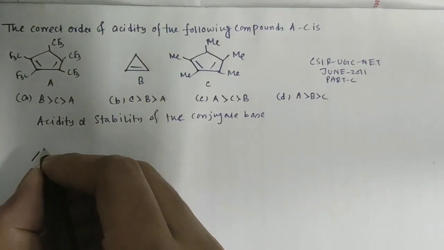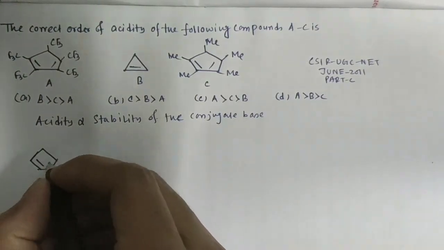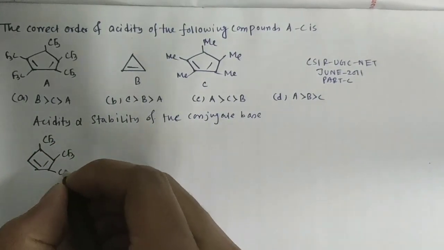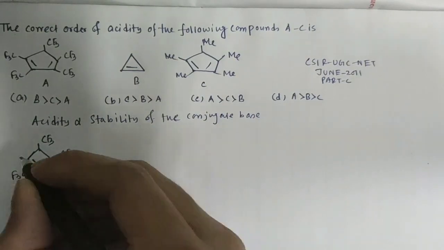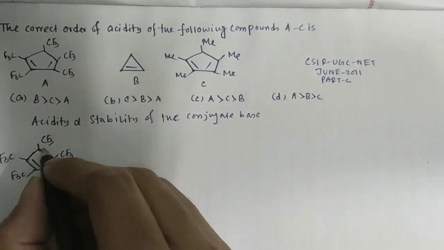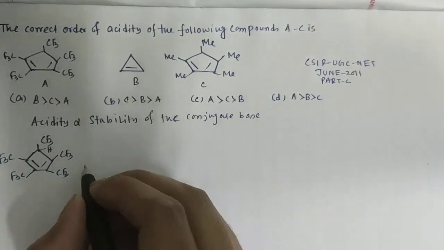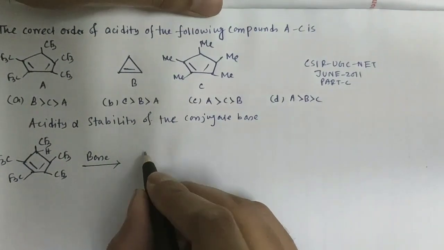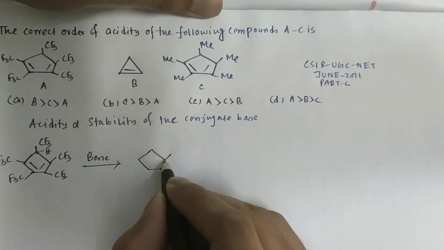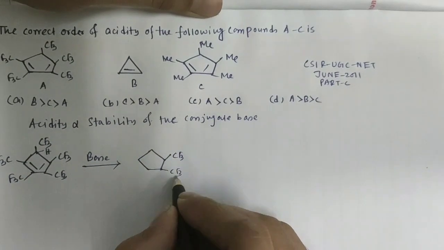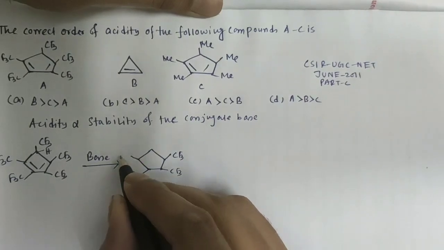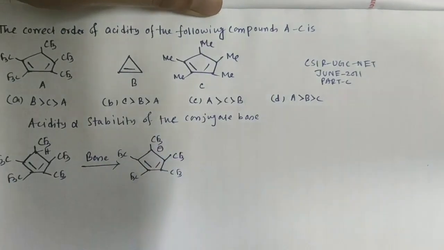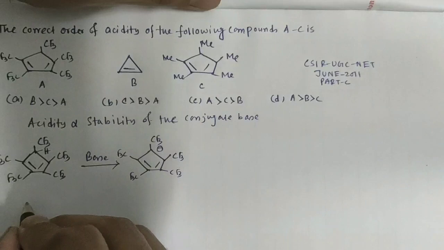So in compound A, we can say there is a proton, right? This is a sp3 carbon. So after abstraction by a base, this will form this, right? And in the second compound